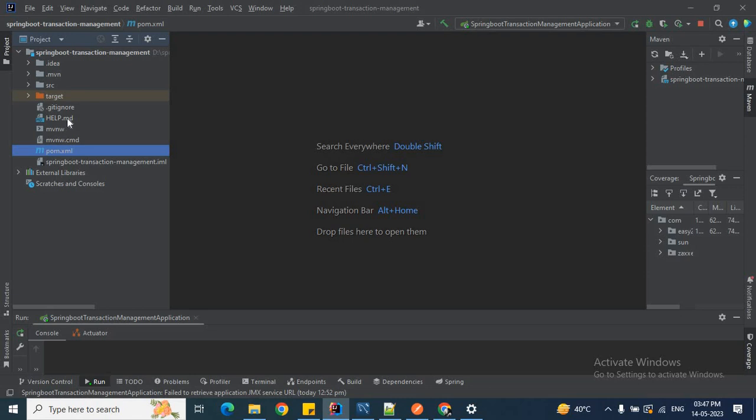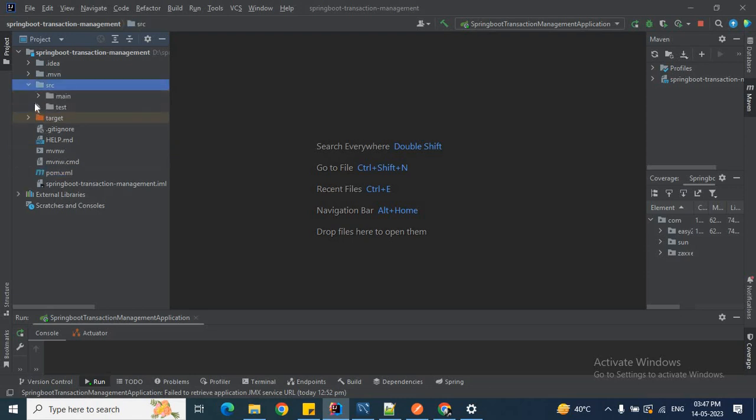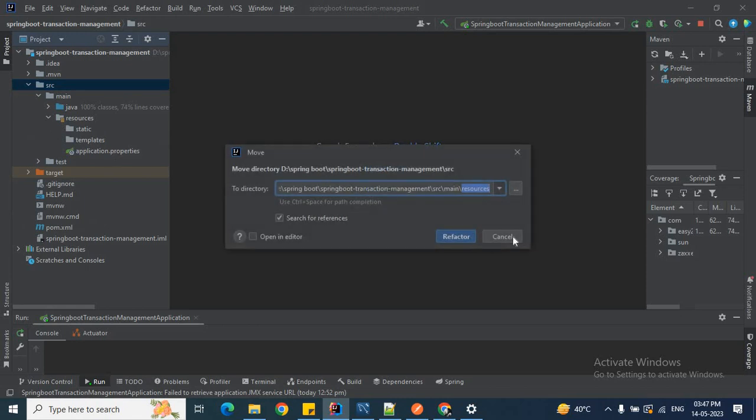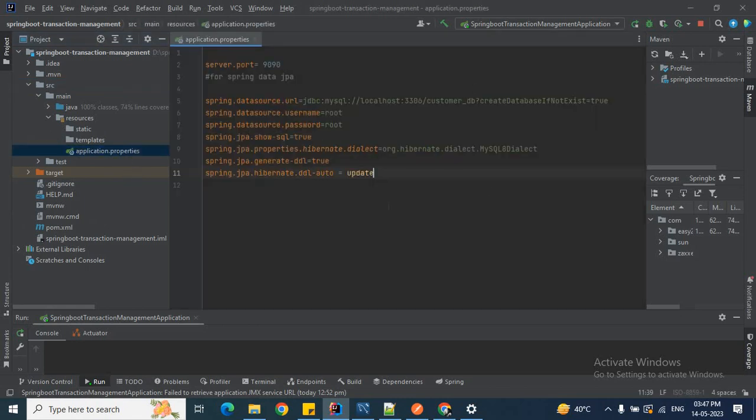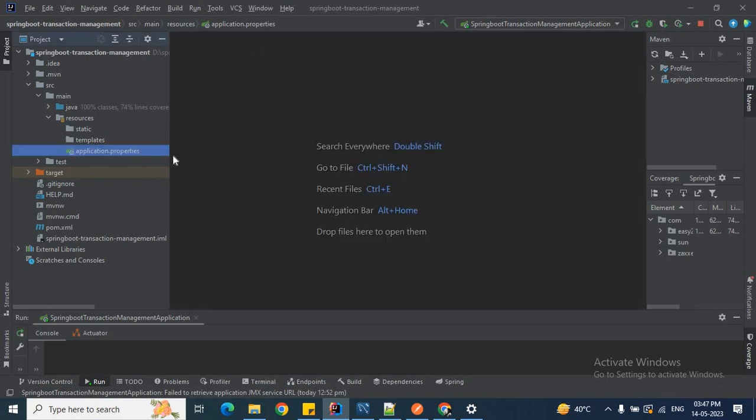Then let me go to my application.properties file to show you what is there. You can add a YAML file as well. Here I have put the server port as 1990, so that when my application starts, Tomcat will start on port 1990. Then these are the Spring Data JPA properties: the data source URL, username, password, and the SQL properties. These are the normal properties we need to connect our Spring Boot application to the database. Let me close this one.